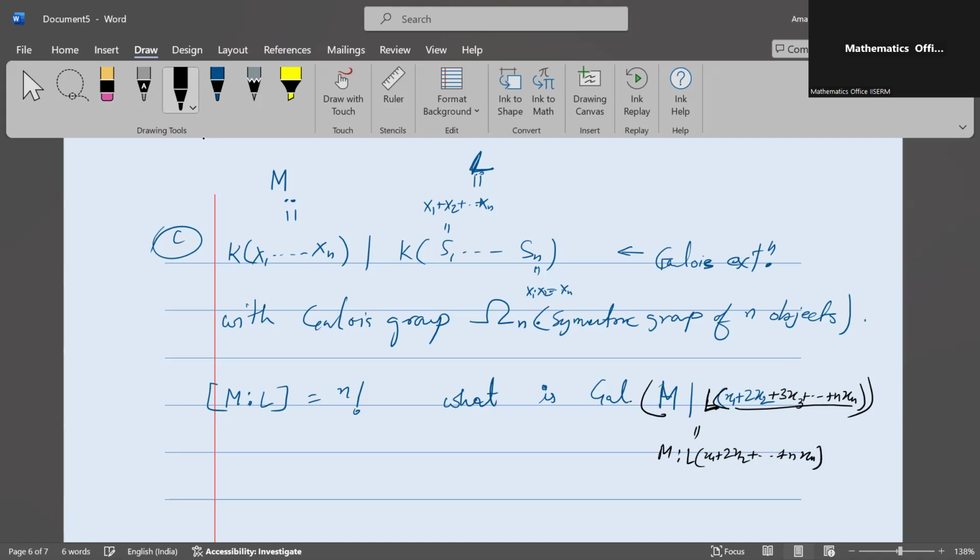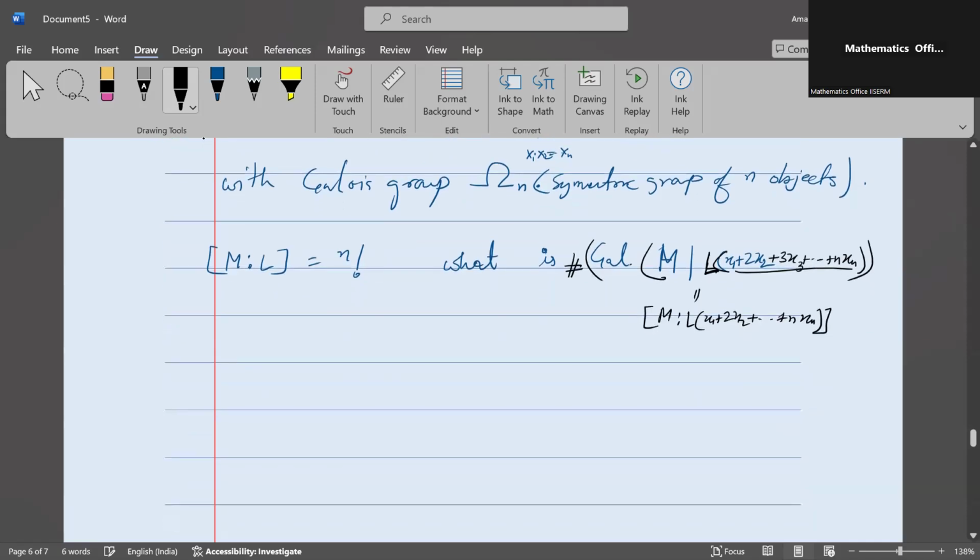If it is trivial, what will be the order? We just saw this is 1. So if sigma belongs to the Galois group of M over L(x1 plus 2x2 plus ... plus nxn),